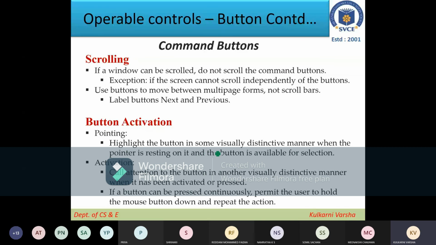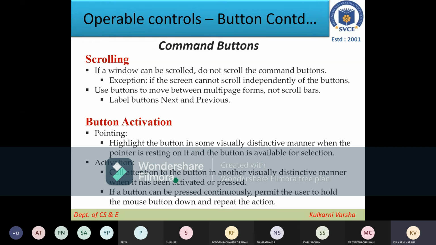How will you know that the button is activated? Whenever I move this mouse pointer, if the pointer is on a particular button, it should highlight that button, so that visually the user comes to know that the button is highlighted, which means it is ready to click, so it is activated.